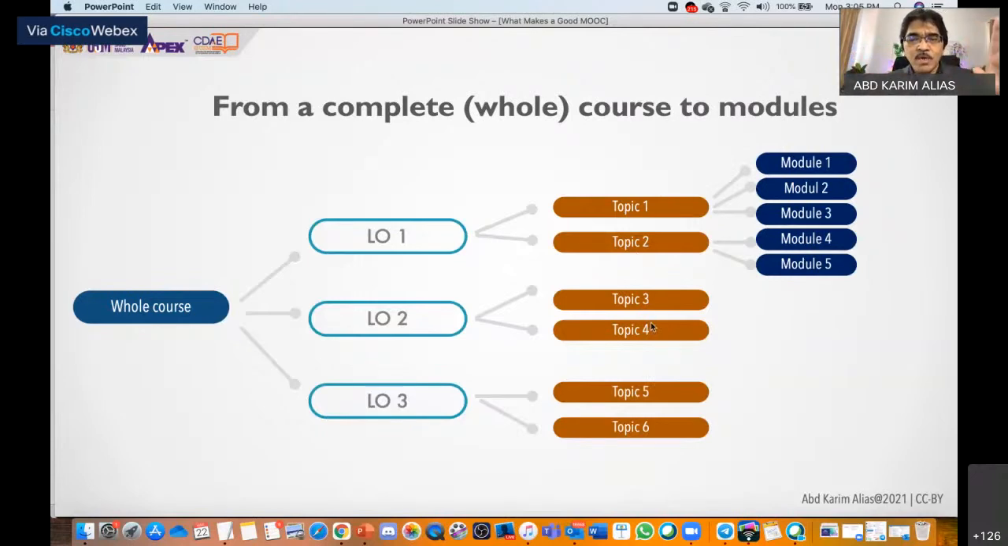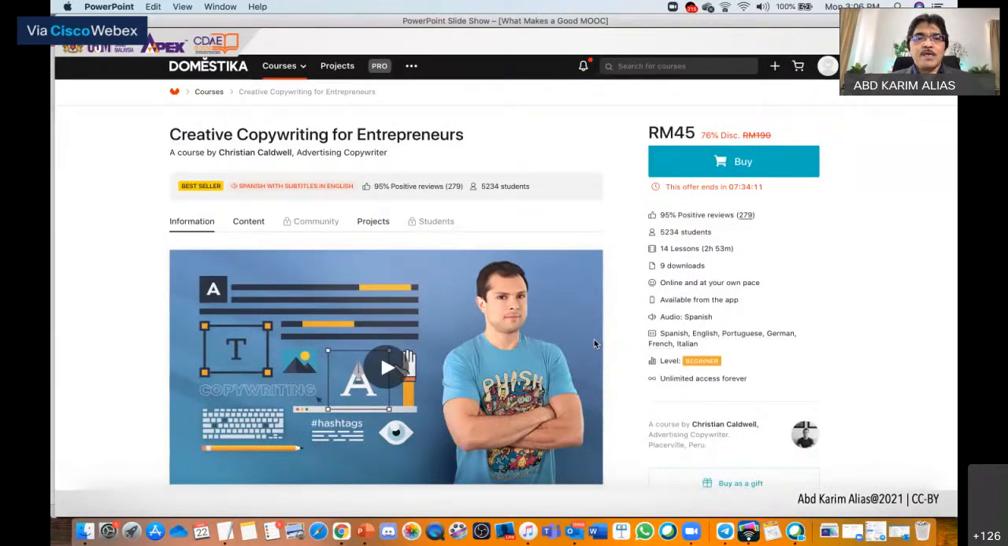One free MOOC, then five more modules as a paid micro-credential module. So we can do two things at one time: basically, doing a micro-credential and a MOOC at the same time. Okay. Now, when you structure your course into a MOOC, you can take one topic and make it as